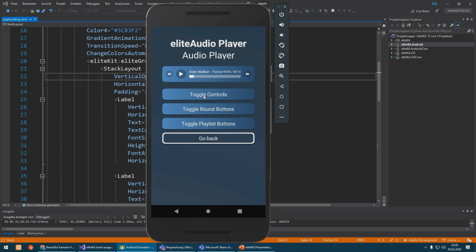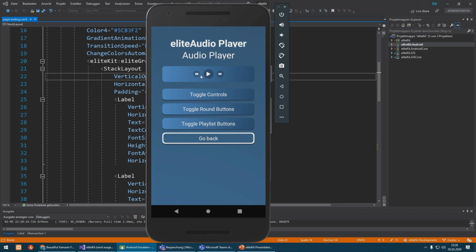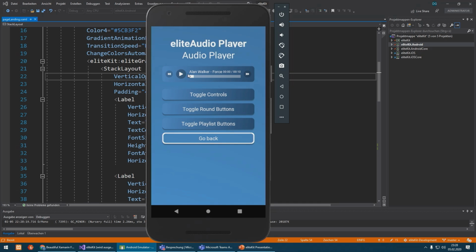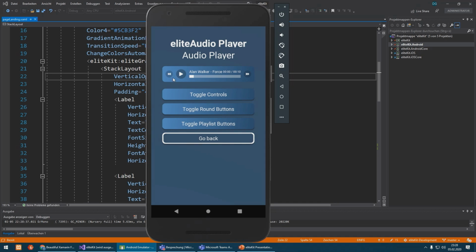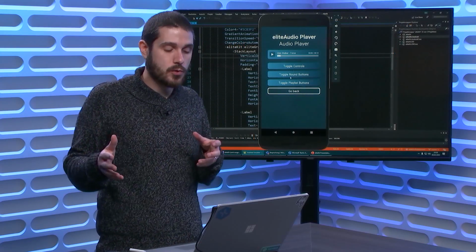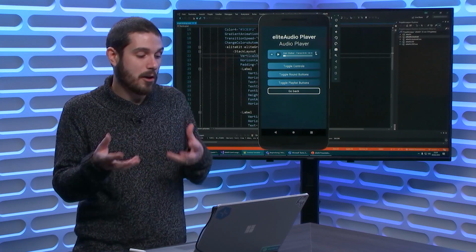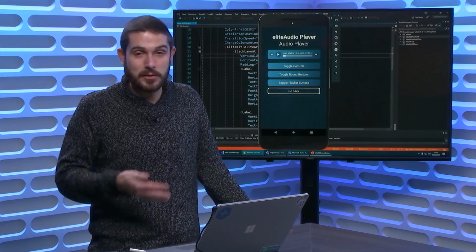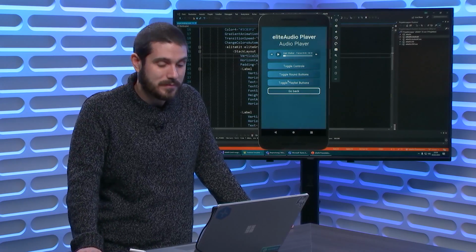Yeah, you can toggle the controls, so only the buttons themselves will be shown. Or if you toggle it again, you can define if the title, the duration of the audio file, or the progress bar will be shown or not. You can even set if the buttons are round or just with a border radius, which can be defined itself. And you can toggle the playlist button, if it's even possible to switch to the next audio file or go back to the previous file. Very cool. That's awesome. What I like about this is it's tackling not only the UI controls on these specific ones, but also the hard functionality of video playback and audio playback. So you just give it a file and you're done. Yeah. Very cool.